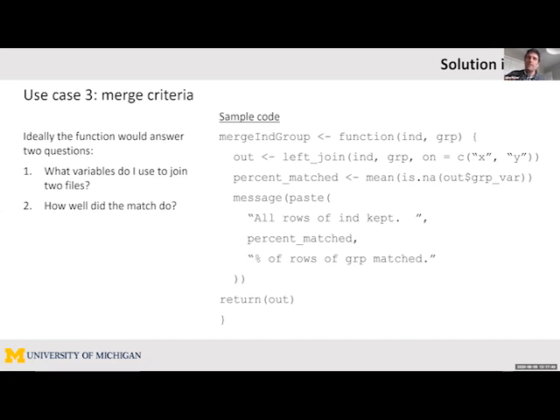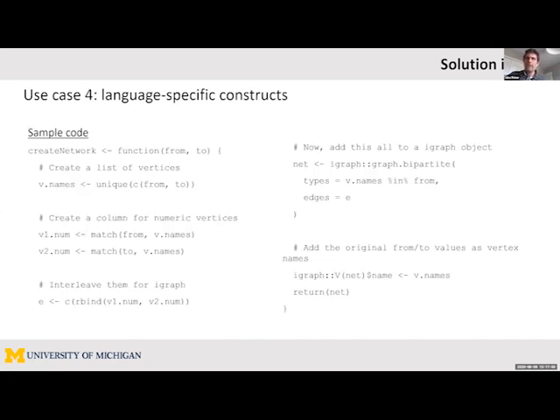So these were the types of things that I had been thinking of for this type of function. The last use case was a little bit more R specific. It's about thinking, if we want to construct a network object out of particular data sets, you might need some additional code for that, and you'd probably want to standardize it.